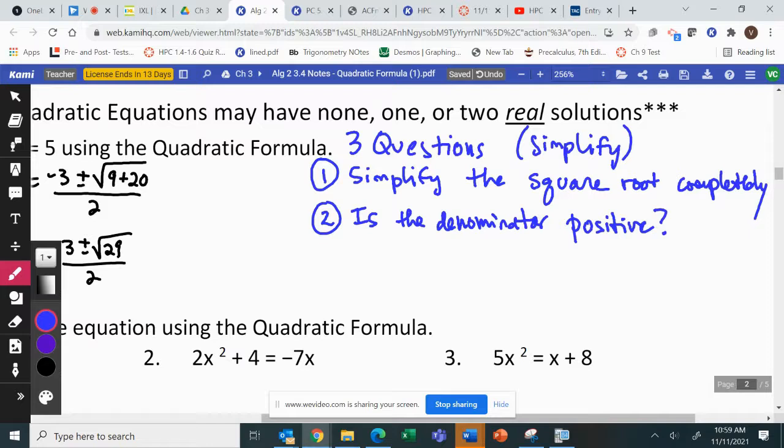Good. So is the denominator positive? It has to be. We're never allowed to leave a negative in a denominator or it's not simplified. So ours is positive, so we're fine. But you need to ask yourself that. And then the third thing,